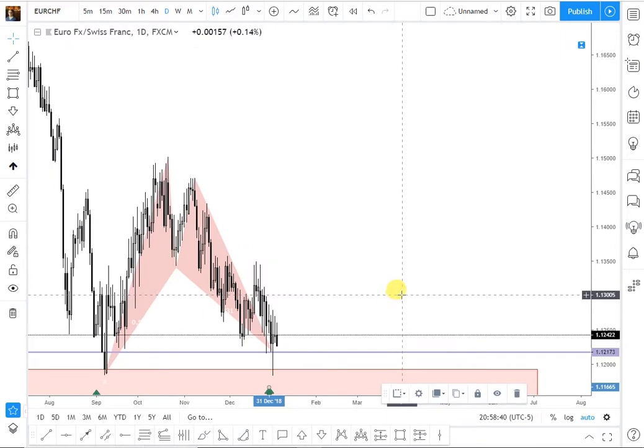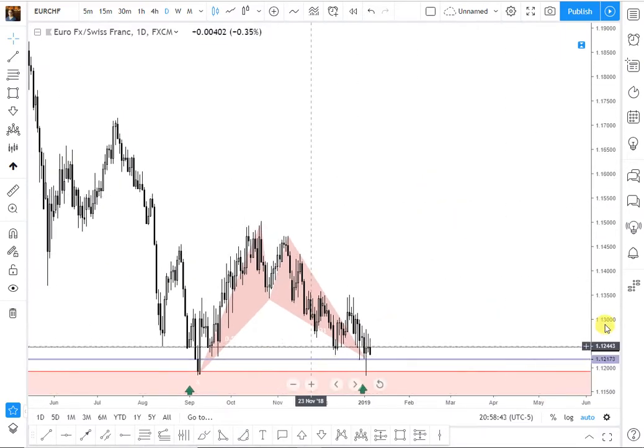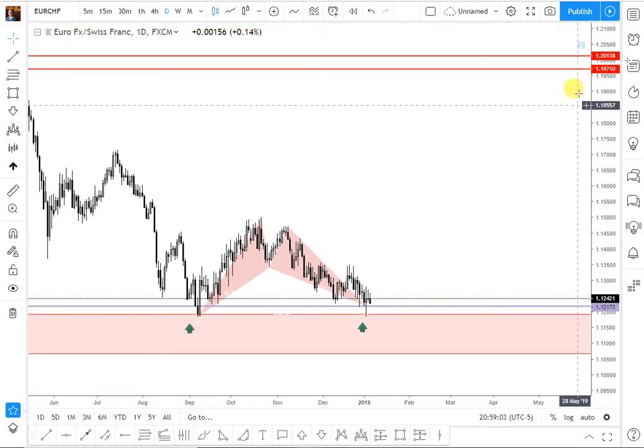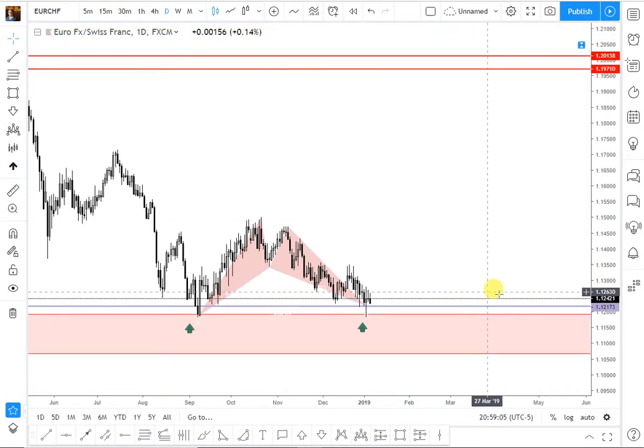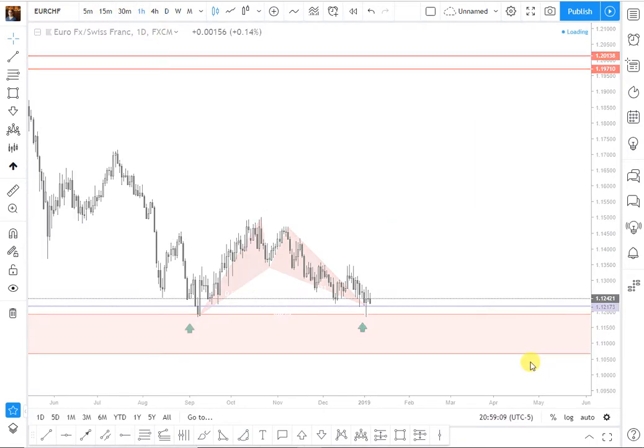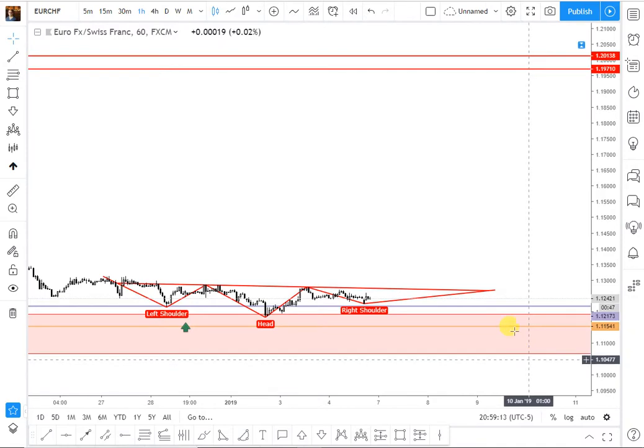And in the daily time frame, the pair made a bat pattern which completes at 1.1217 here in this area. We expect this pair to go up, and our take profit for this will be around here. This is our last take profit, but for our entry, I'm looking to enter this pair in the 1 hour time frame,